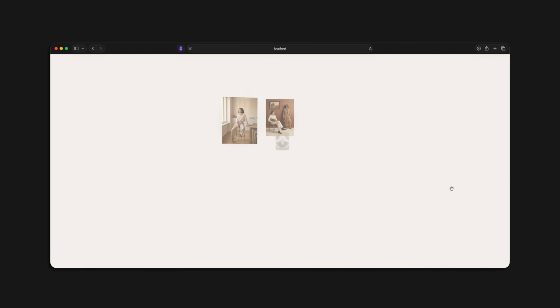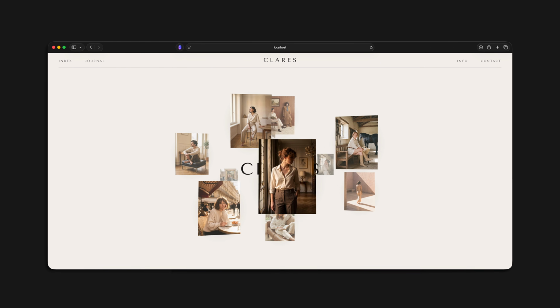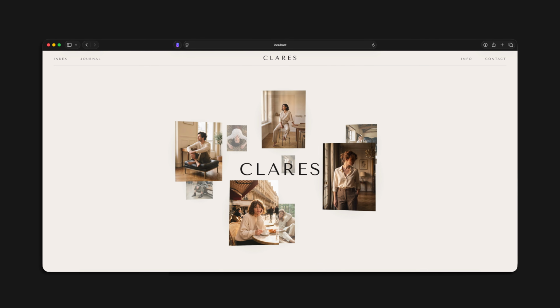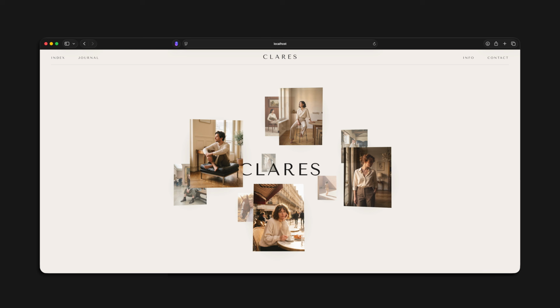From all the hero sections I made, I probably picked this one for my own portfolio, and I built it entirely with Claude Code in under an hour. What you're seeing here is a fully animated hero, and it's built around an invisible 3D sphere. The portfolio images are mounted on placeholders that slowly orbit this sphere, and right in the center sits the logo